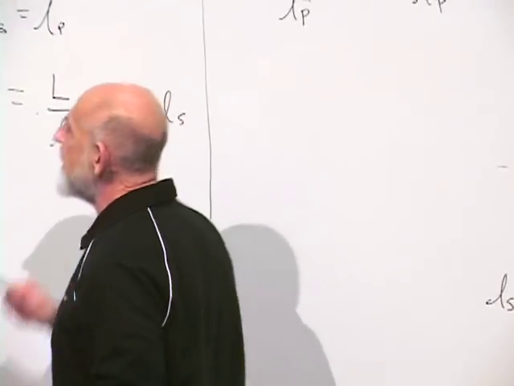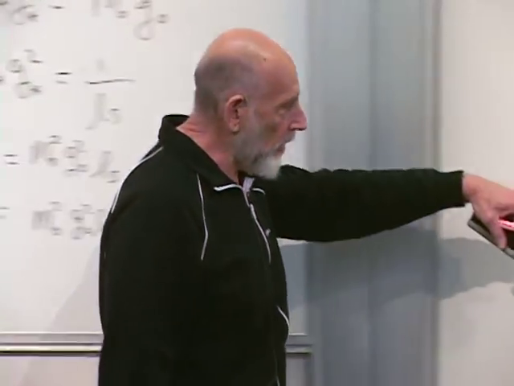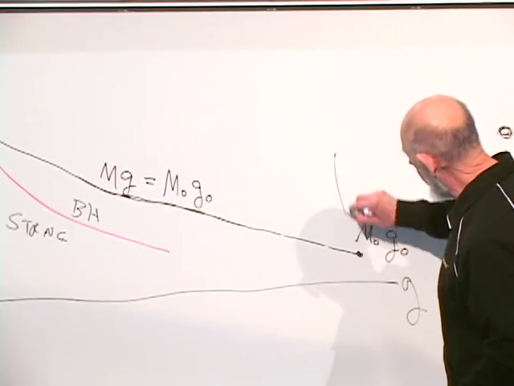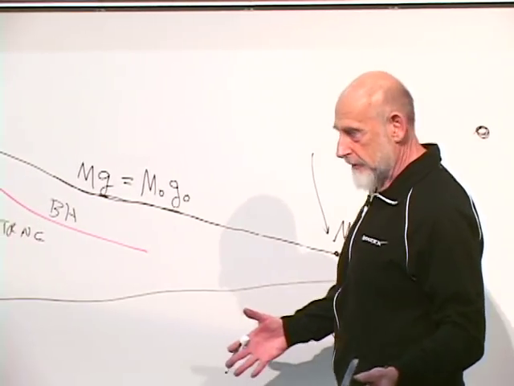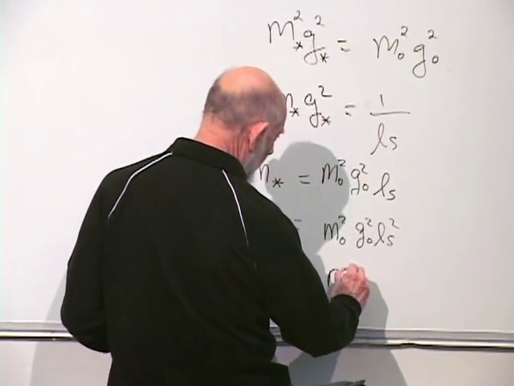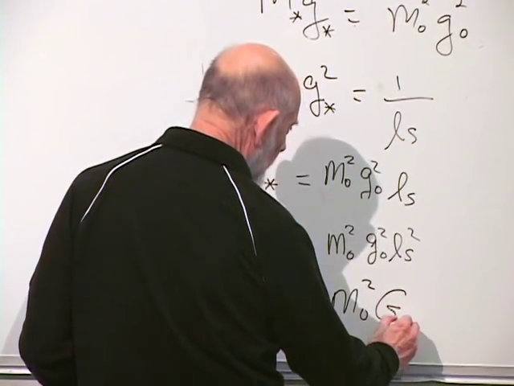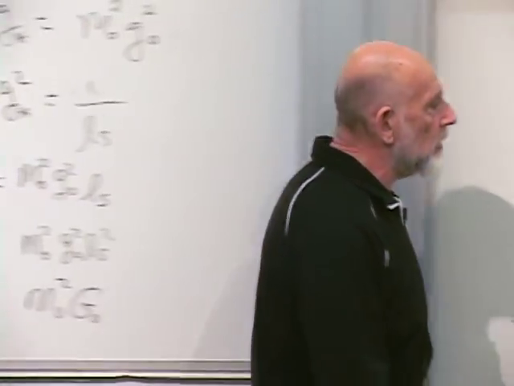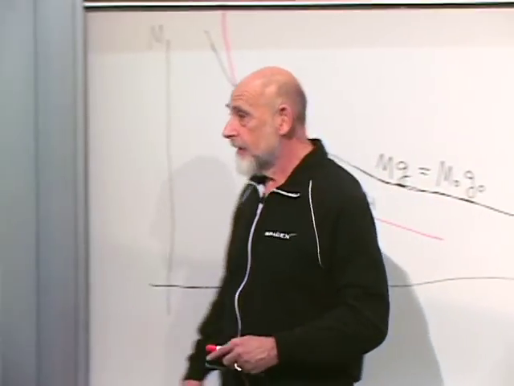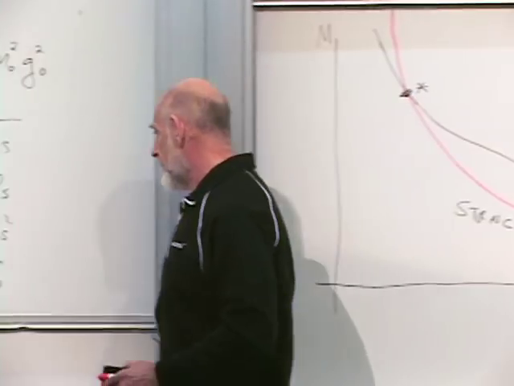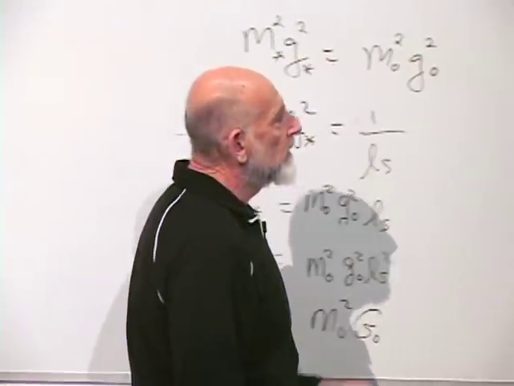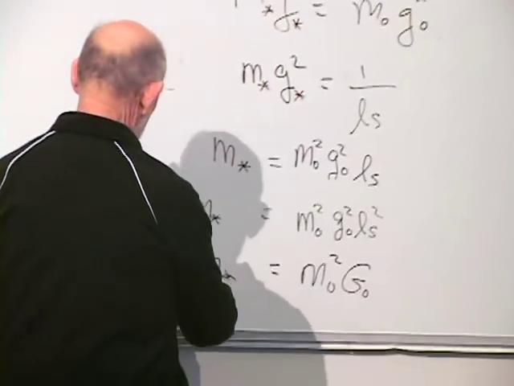G. Capital G at this point, at the target point. It's capital G at the point where we were trying to investigate the object. So we can write this equation as m naught squared times, let's just call it g naught, whatever the Newton constant was at this point over here. And here is where we want to be. Moving on here was just a trick. But what we find is that it's m star, namely this point over here, times